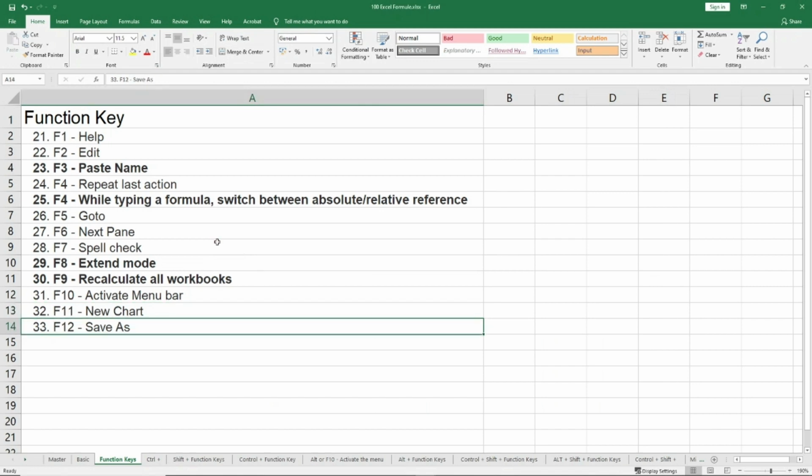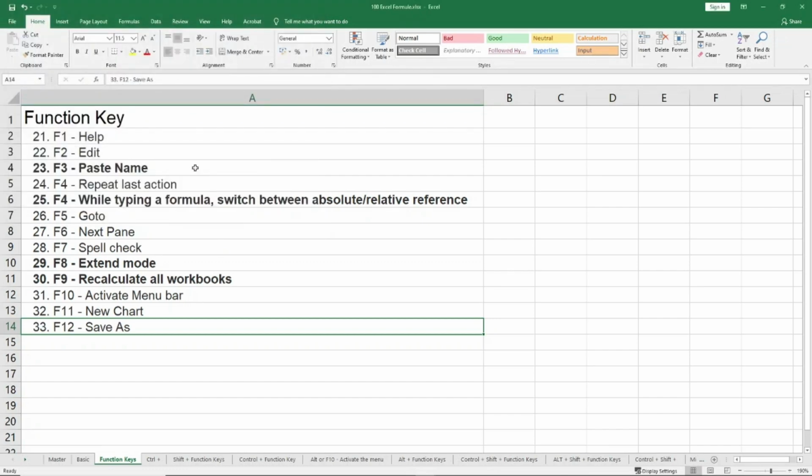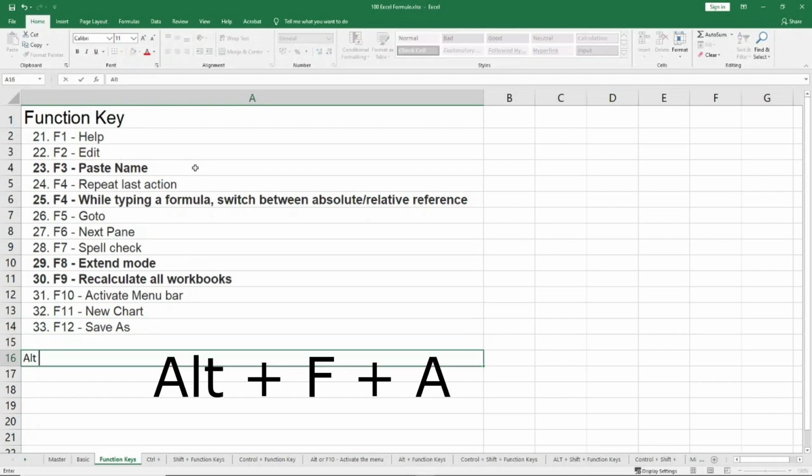F12 is Save As. Normally I like to save a lot of versions of my Excel sheet so that even if I need to go back and check if I did something right or wrong, I can do it. In this scenario, you can use F12. It will ask you where you want to save it, the location and the file name. Otherwise, there is another shortcut for this, which is Alt, F and S. Let me add the plus signs here as well. This will do the same thing, Alt F S. So you can use whichever one you like.